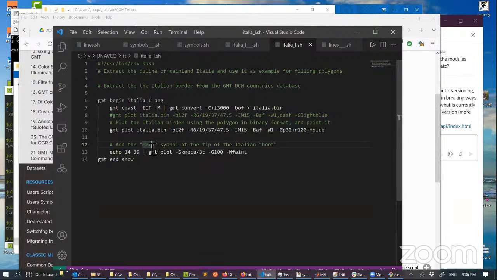Mecha is a custom symbol that simulates a mechanism. That's why it's called mecha, of 3 centimeters, and we're going to add it to the figure. We're going to plot it at the position 14 longitude, 13 latitude, and use again the echo to send in the data to the plot command. Save. That is equal shell, and